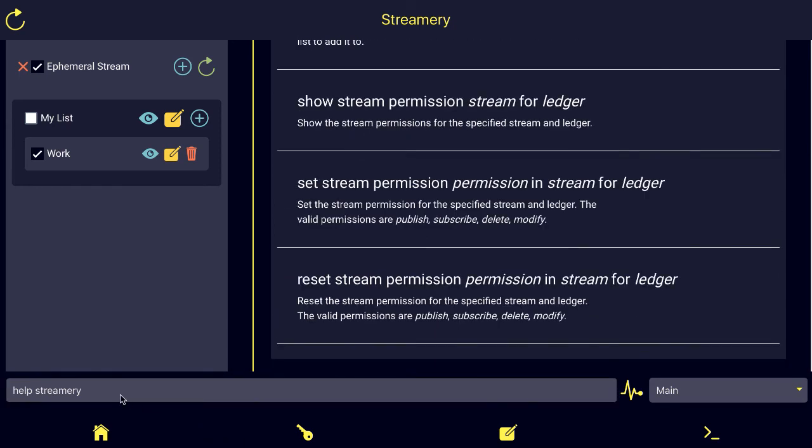So now let's subscribe to a stream. We have a stream called Streamery where we publish updates and other information. So let's subscribe to that stream. Type the command subscribe stream, and you give it the ID. And I'll paste that in. So when I issue this command,